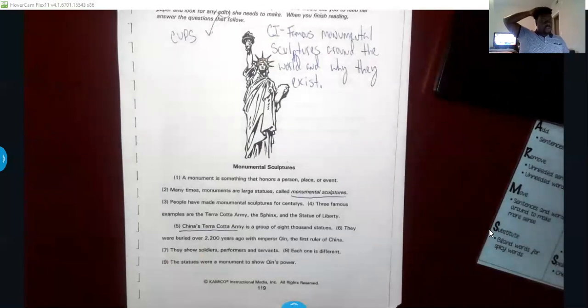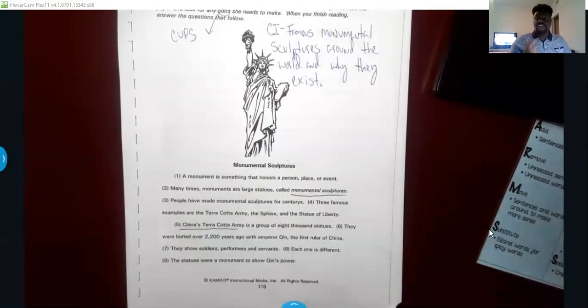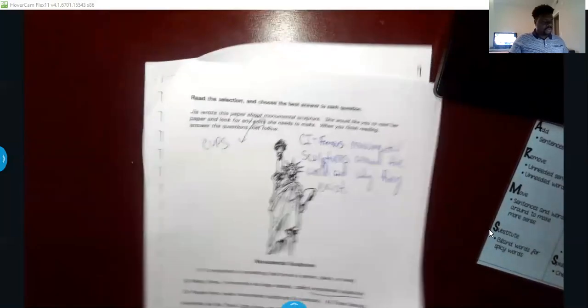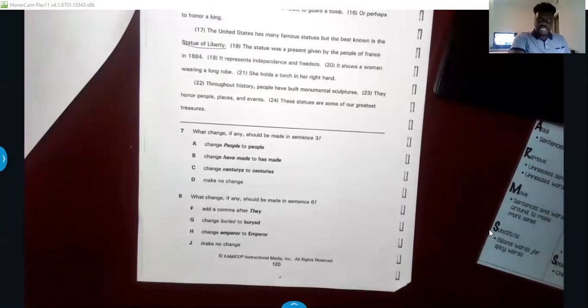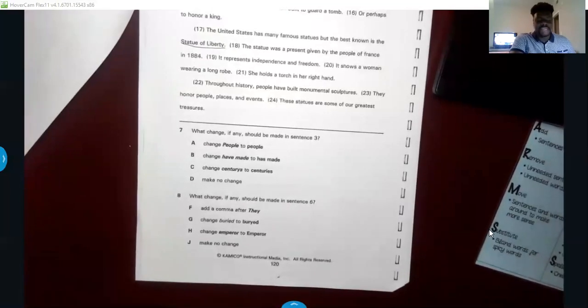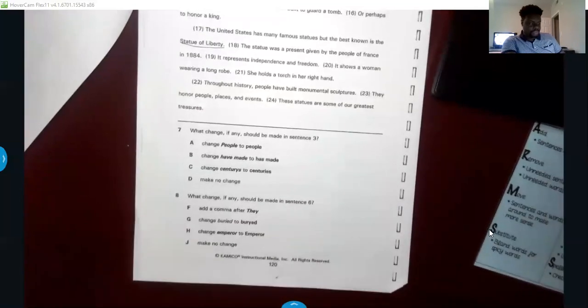So now that we have our central idea, and you should have already written this down, in the Google Drive, there should be a space for you to write it down, or you can write it on here and then transfer it to the Google Drive so your teacher can see it. And then we're going to go to questions 1 and 2 today. So next on Wednesday, we're going to do questions 3, 4, and then Friday we'll finish the last 2. Wednesday, I'm going to add something special too to the grammar. But today we're just going to look at these 2 questions.